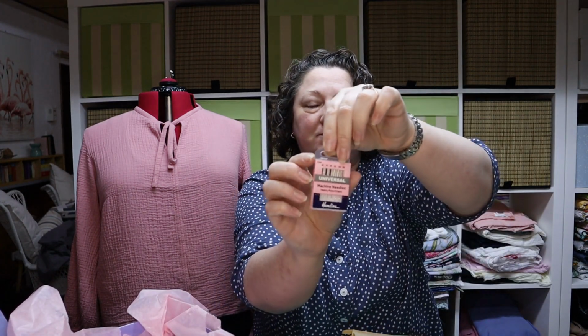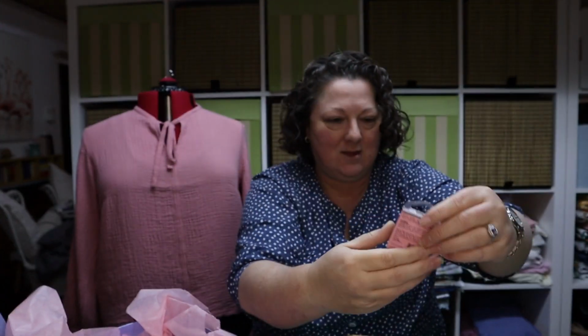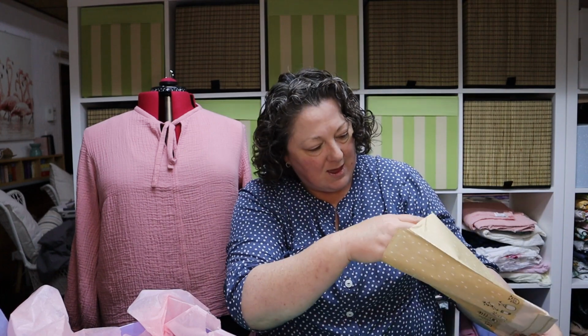Then we have some heavy assortment machine needles. These are hemline. They will definitely come in handy. They're starting at 80 and go up to 100, so there's 6 of those in there. And then we have,